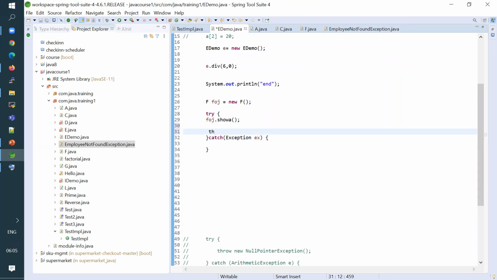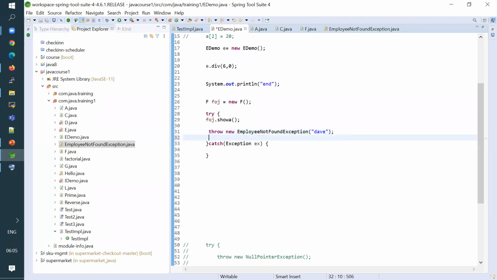I can throw new EmployeeNotFoundException. Suppose we are looking for an employee named Dave.